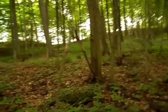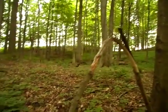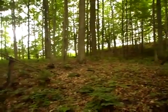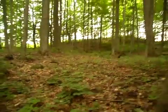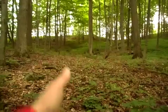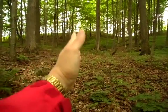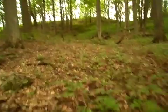Okay, so this looks forcefully bent over. So that's obviously some kind of human activity. That's not a deer doing this kind of thing. And then throughout this little passageway, there appears to be a real clearing of trees and debris. It's absolutely clear from here up to the top of the hill. There's nothing obstructing it. And I'm concerned because I'm looking at the branches along the way that appear to have